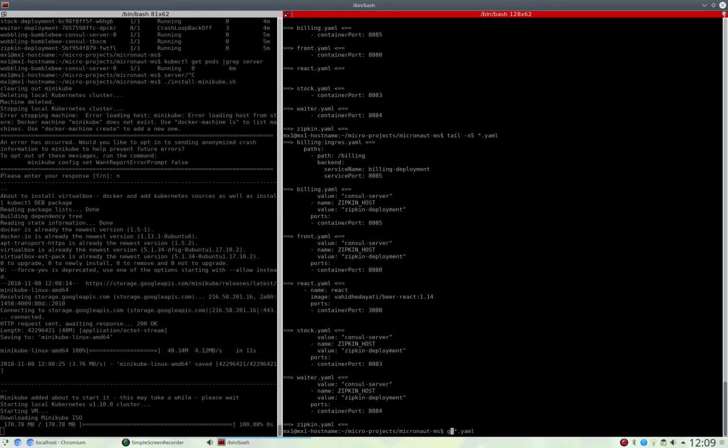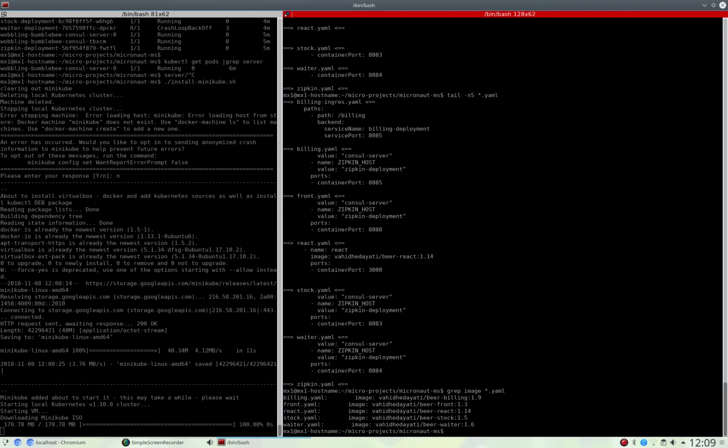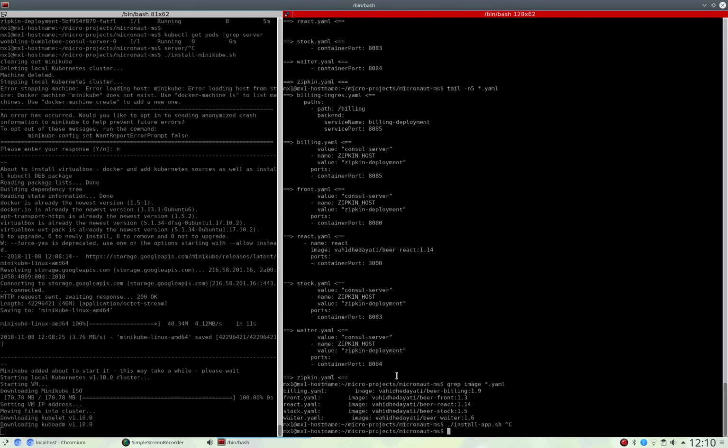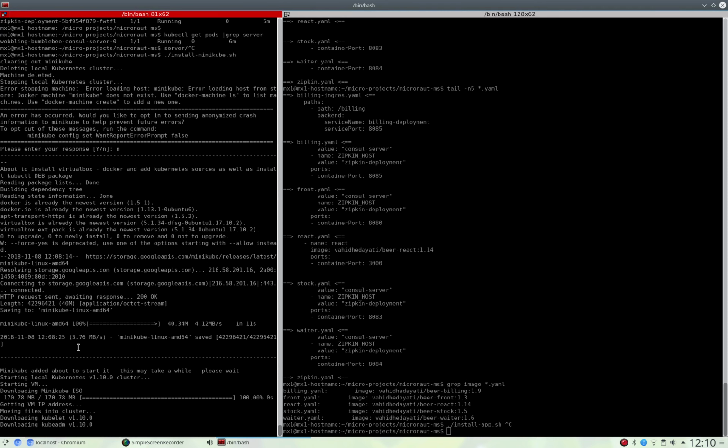Why don't we just do grep image? That's better. So what will happen is every time that install app script is run, it rebuilds each application and their version numbers should go up to 1.7, 1.6, 1.15, 1.4 and 1.10. So we'll wait and see, but at the moment it's doing